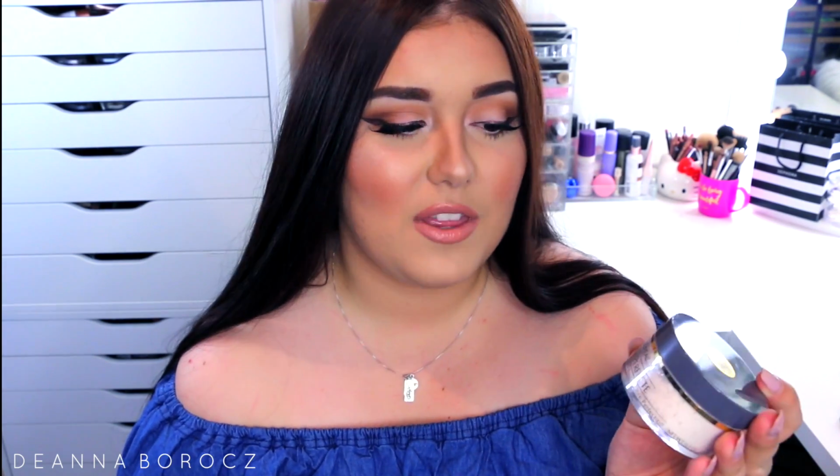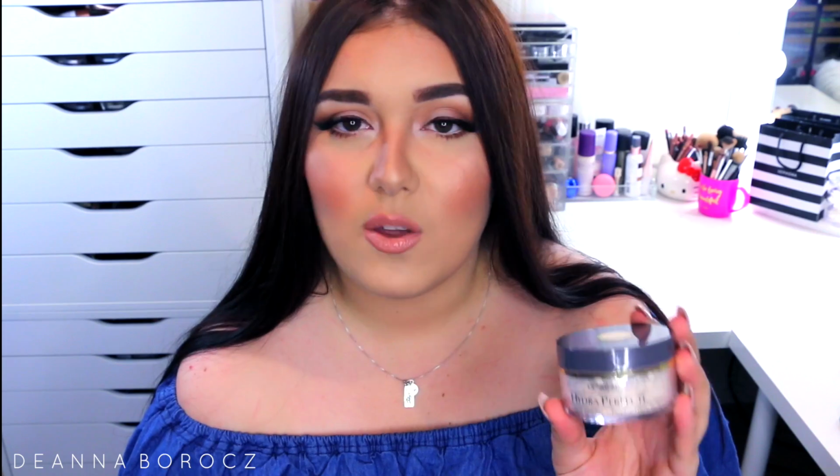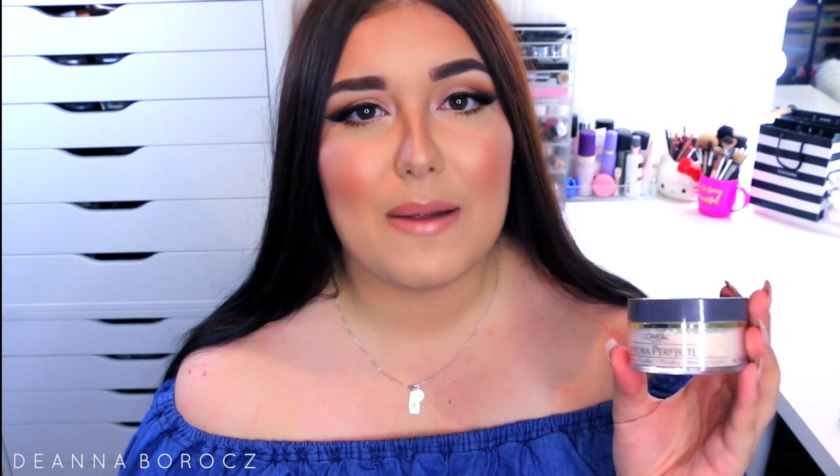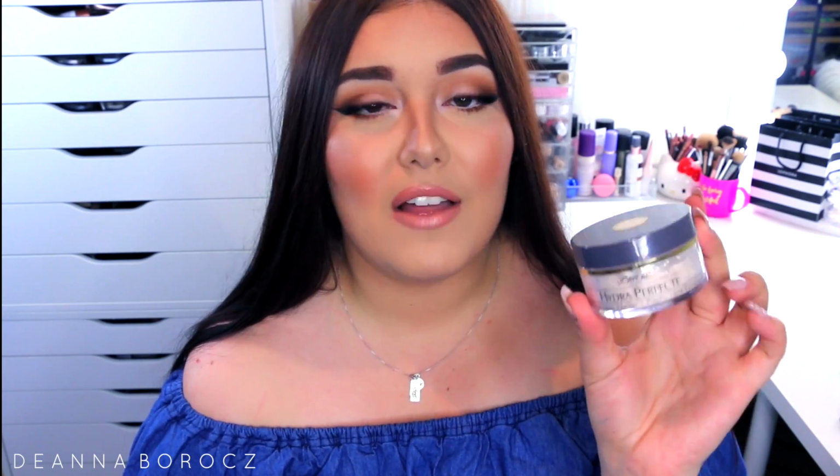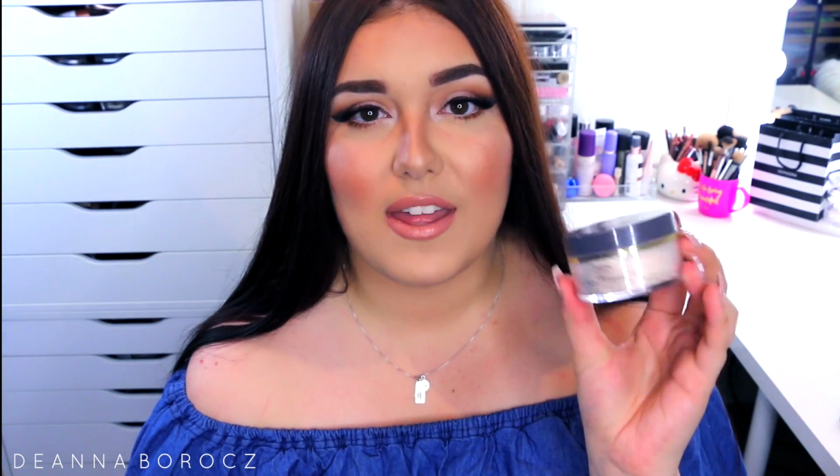I set my under eyes with this for about a week or so and I loved the way it looked under my eyes. It looked beautiful. It gives like a nice natural matte finish, so it's not super heavy under the eyes. I think the name really speaks for itself because it says Hydra Perfect. It feels very loose and kind of cooling actually, but it is mattifying and it does look beautiful under the eyes, so I'm loving this. I haven't tried it for the entire face, but it is gorgeous to bake with